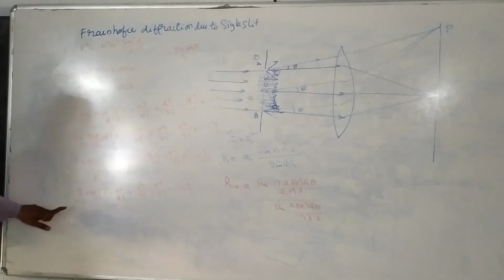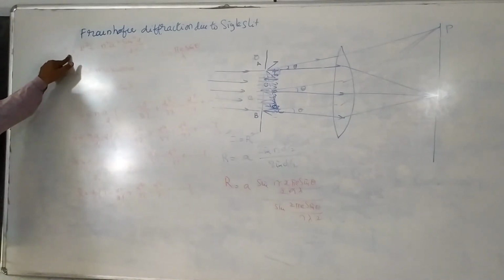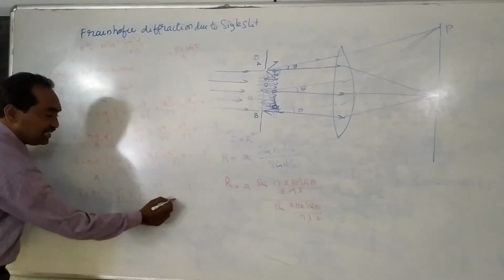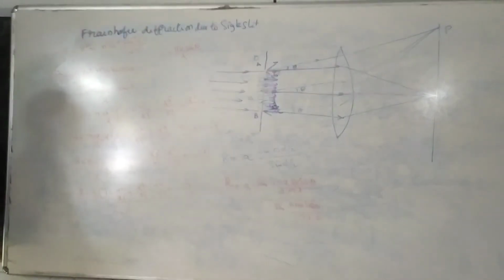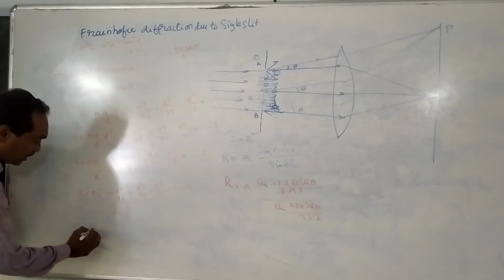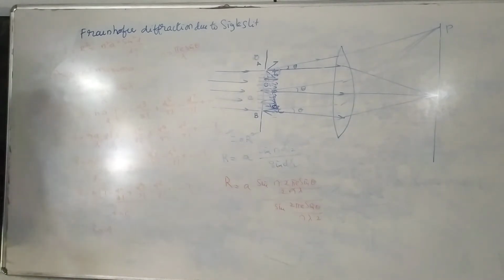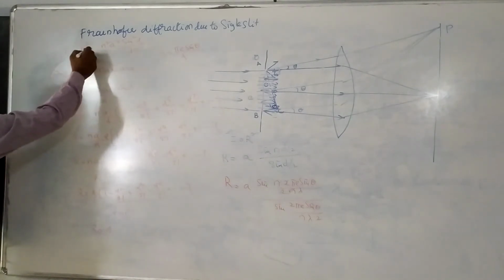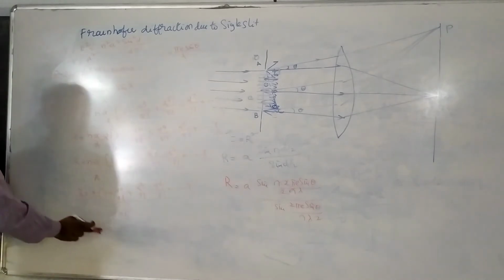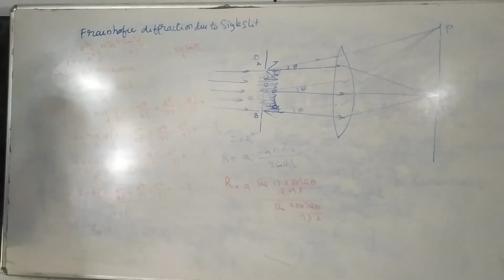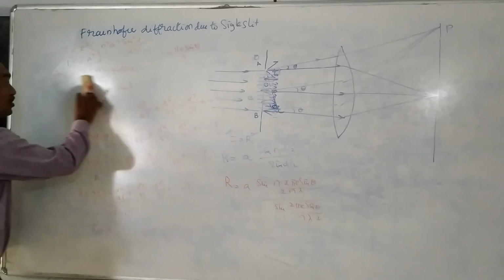What do we require? R is maximum. Am I right? Because if R is maximum, intensity is maximum. For this case, if alpha is equal to 0, all these terms go to 0. Then what is the resultant amplitude? R is equal to A into 1, that is only A. Now intensity I is equal to R square, that is equal to A square. This is the maximum amplitude, when the condition is alpha is equal to 0.